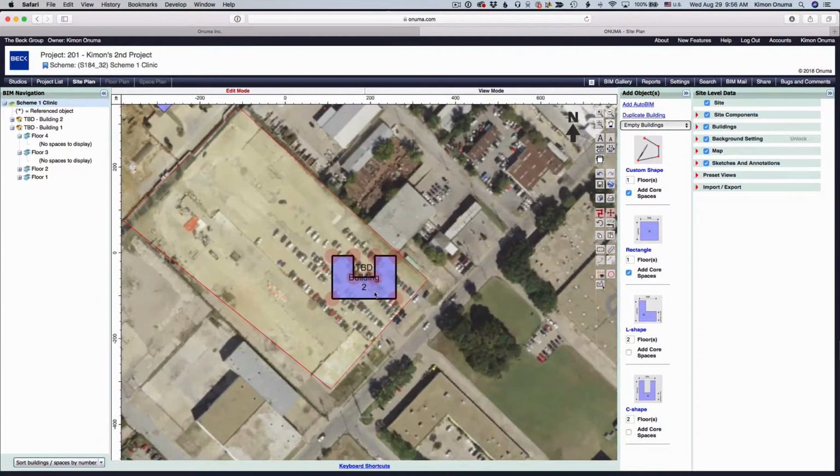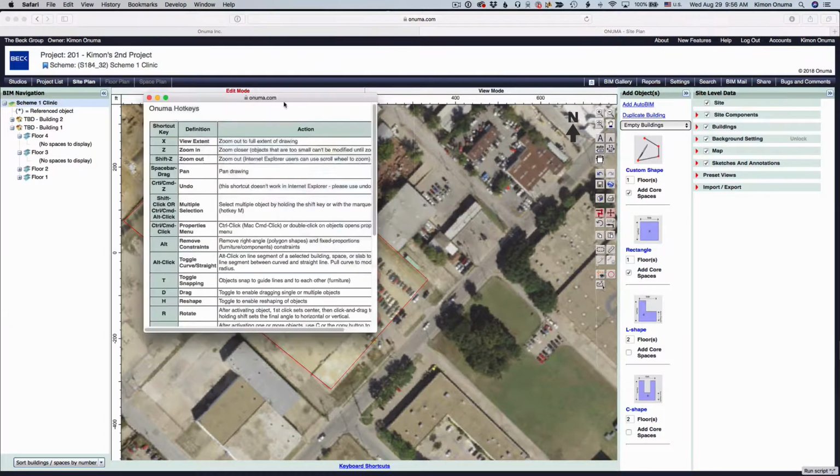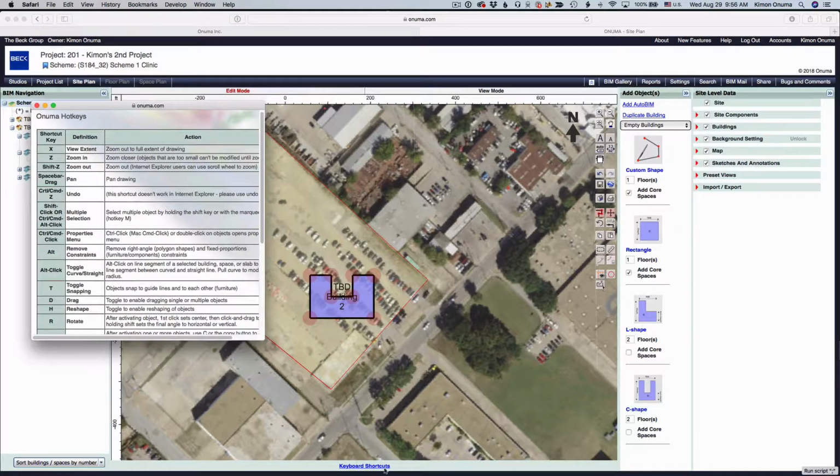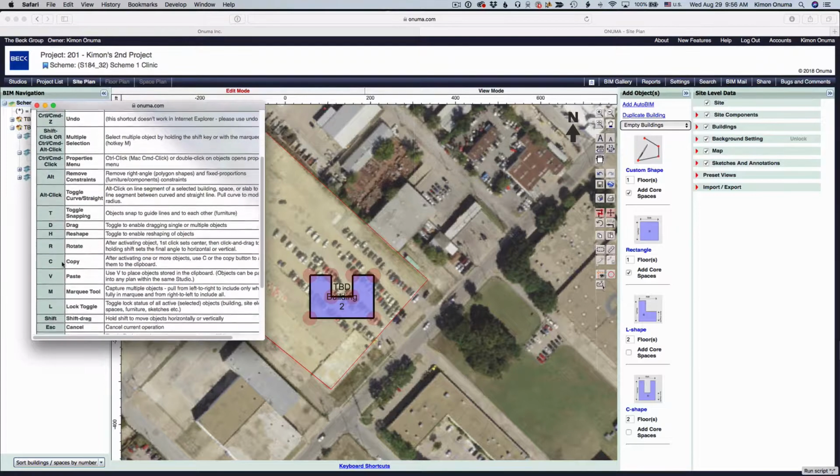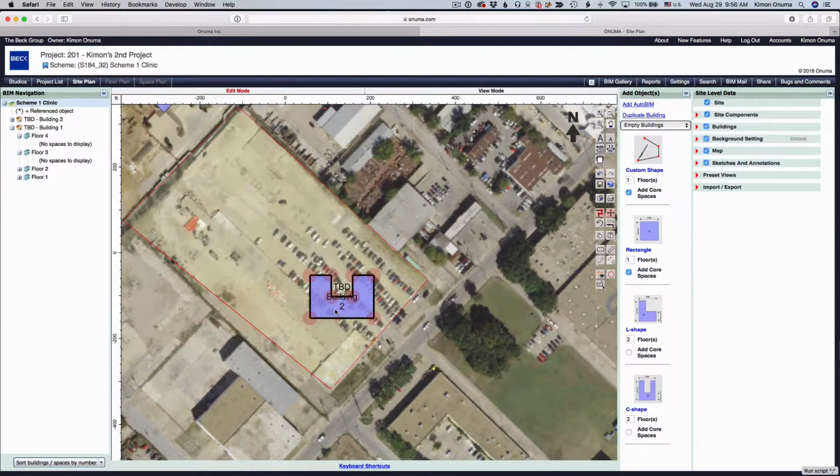Same thing again here. We can grab it, rotate it. You can click the rotate button, but there are also keyboard shortcuts down here. If you click down at the bottom on keyboard shortcuts, there's an R button for rotate. So we could, for example, hit R, and the same rotate functionality appears. And I can move it into position,